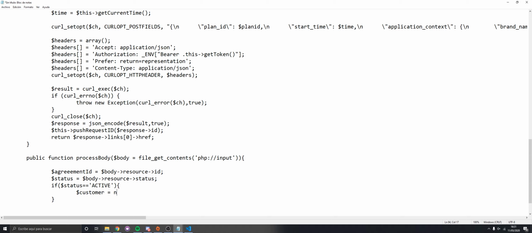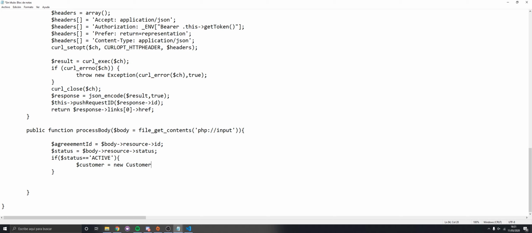So whatever you are using here, hopefully you are using object-oriented code. So we are going to use